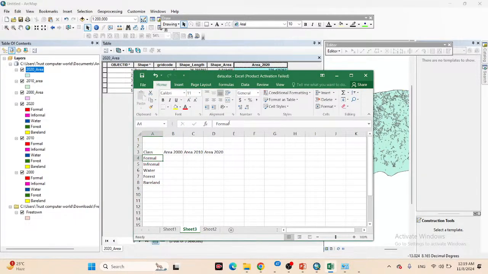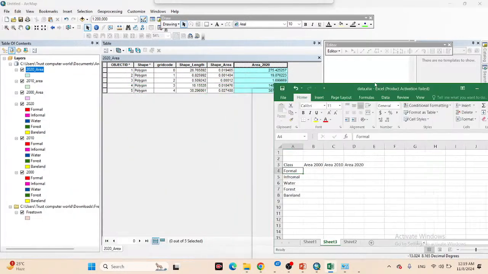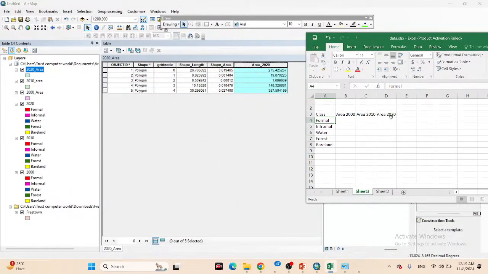For the year 2000, we find this type of area: 275, 19.9, 140-something. Then for the year 2010,